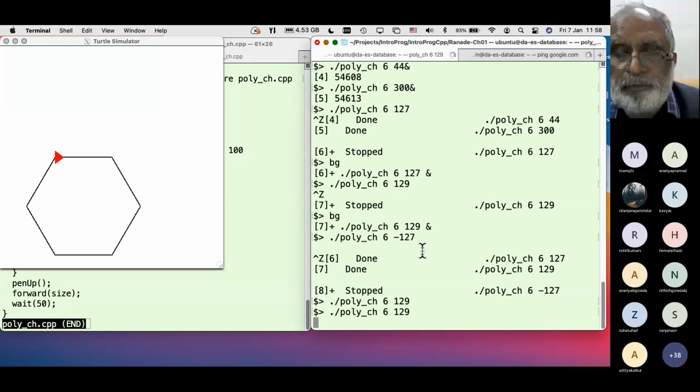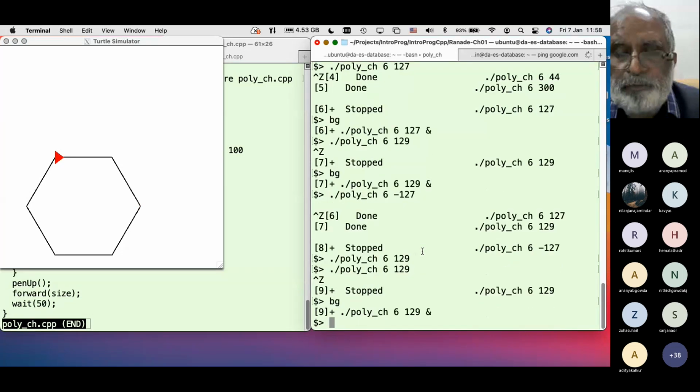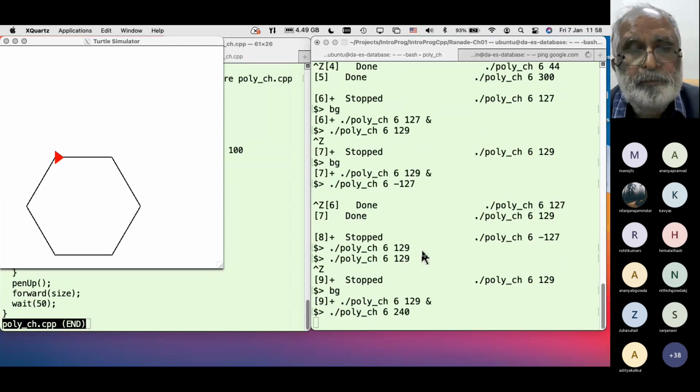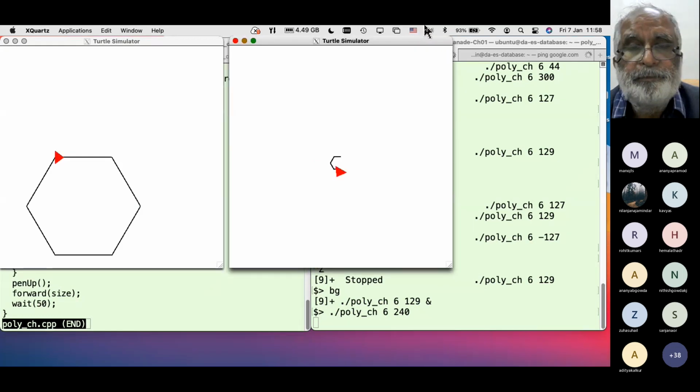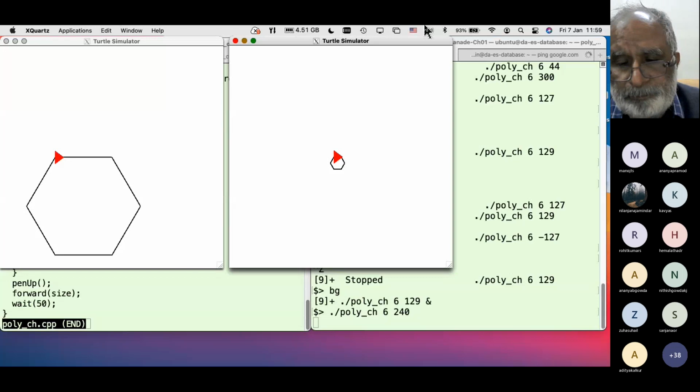And if I were to draw, let's say, 240, see what happens. It is following the reverse direction, but the size is decreasing. Are we getting it?